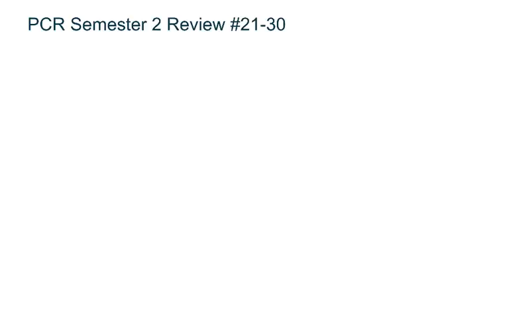This is a semester 2 review, problems 21 to 30. Problem 21 says write an equation of a cosine function with an amplitude of 4 and a period of 3 pi. So the sine and cosine functions have this general format,